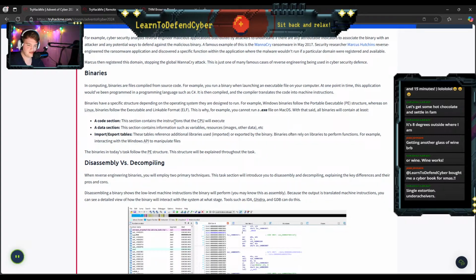A code section contains instructions that the CPU will execute. Data sections, such as variables, resources, images, anything that is data, anything that it needs to point to and reference, essentially, is the data section. And then import-export tables for grabbing libraries. If you remember the other day, we intercepted that game and we saw it interacting with libraries. Now, import-export tables, that's what that is, really.